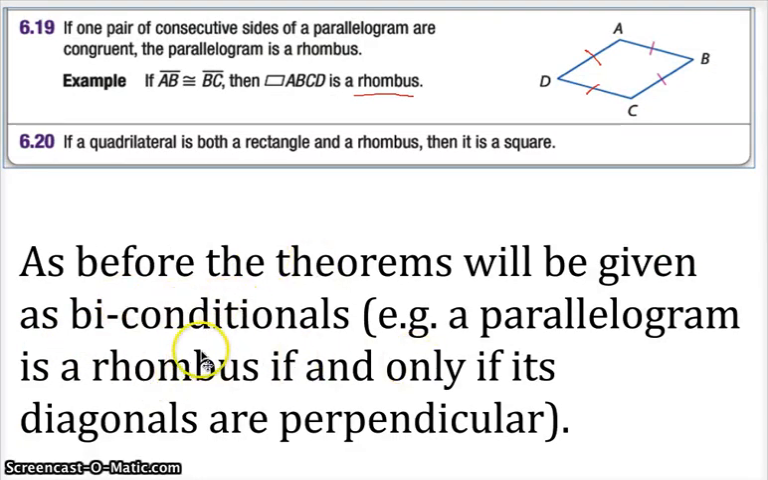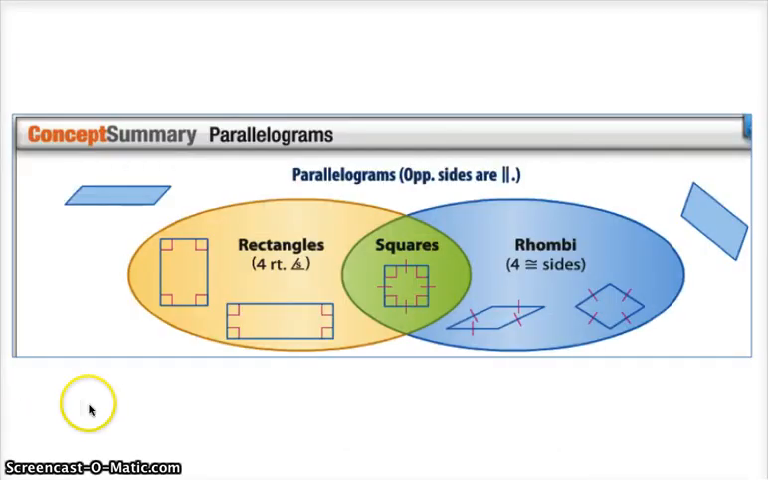Because the other version is coming up later in the chapter. If a parallelogram has diagonals that are perpendicular, then it's a rhombus. If it's a rhombus, then its diagonals are perpendicular. That's going to make your life simpler if you haven't noticed that already. All right, so now because of all these properties and all these different definitions of different types of special quadrilaterals,